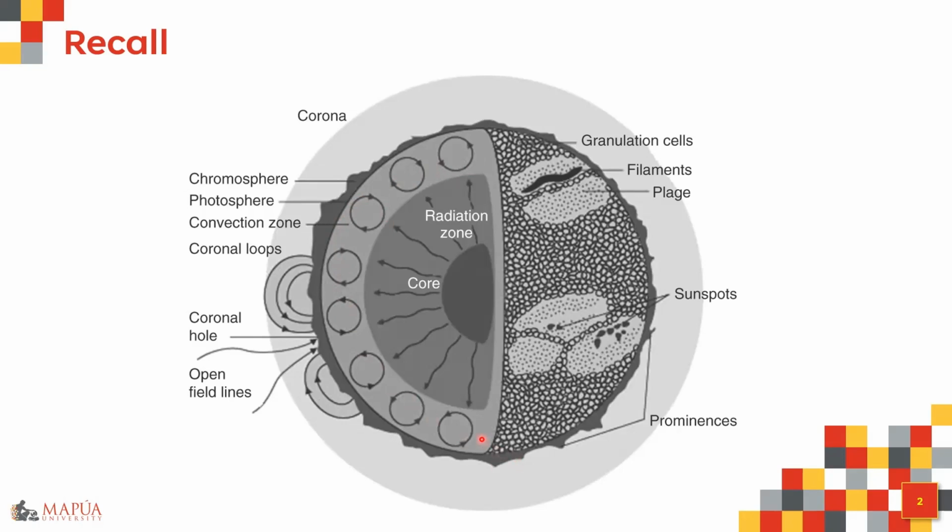And one of the reasons we know that there's a convection zone just underneath the surface of the sun is through the granulation cells. And then on the surface of the sun, we can see several features. We have your sunspots, which we're going to talk about today. On the side, you're going to observe your prominences, which are usually mistaken to be called solar flares. So they are not flares, they are prominences. And then you will have your filaments, etc.